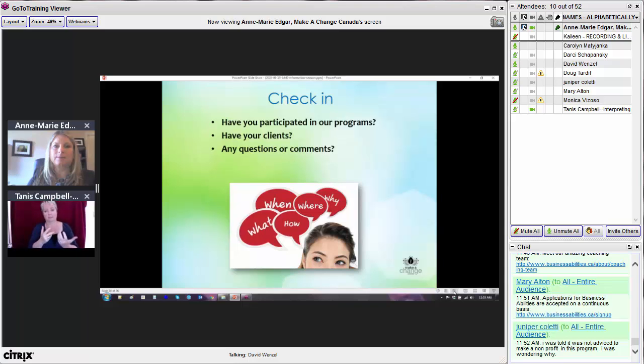And so I came across this Business Abilities program and the IBD Make a Change Canada organization while I was participating in the Human Rights Convention in Whitehorse in 2012, December of 2012, and just randomly I was looking through a magazine and I found that advertisement about the Business Abilities program, and it has been a dream of mine as long as I can think to work for myself and independent and self-employed. And so I applied for this program and I started the program, and